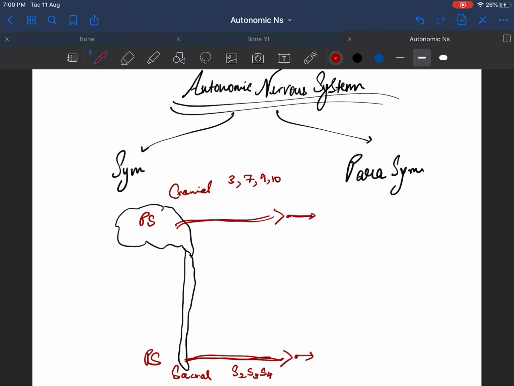Okay, so it is very easy to understand that the preganglionic fibers are very long, and the ganglion is closer towards the organs. So these can go and supply different organs like the heart, the urinary bladder, etc. So this was regarding the parasympathetic system. So now coming to the sympathetic system, the sympathetic system is derived from the thoracolumbar outflow region,